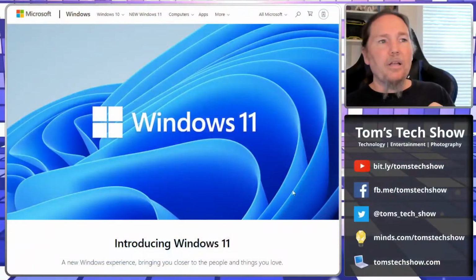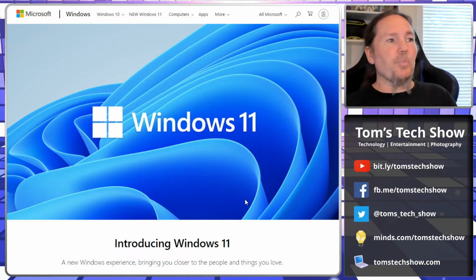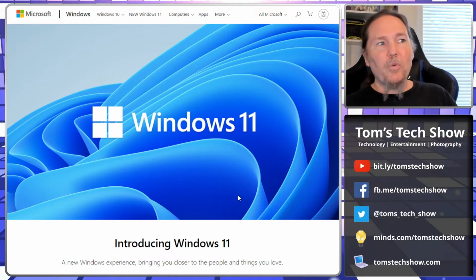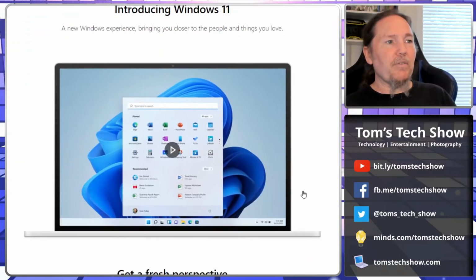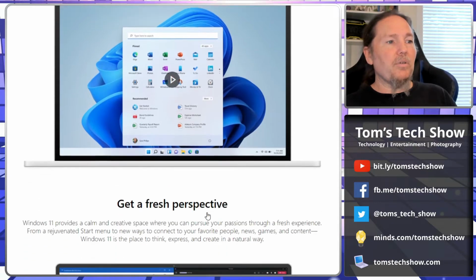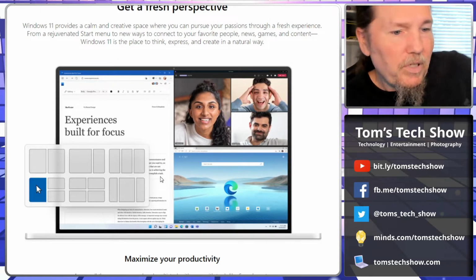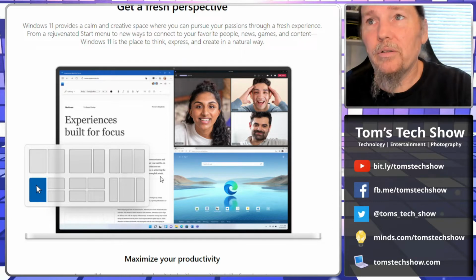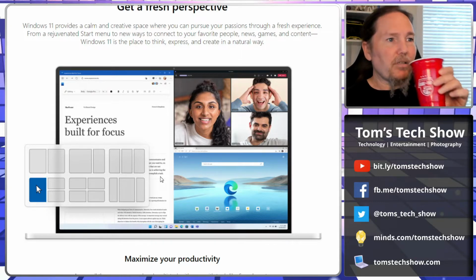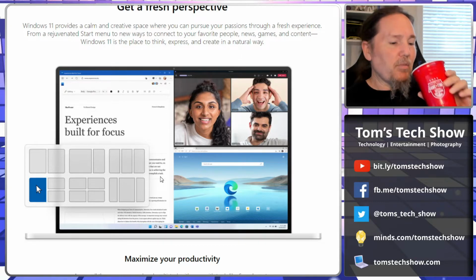So on their splash page on their website, introducing Windows 11, there's this new kind of start menu. Then we have window snapping, which they've had the ability to do for a long time. There are just more positional options and more ways to do it.